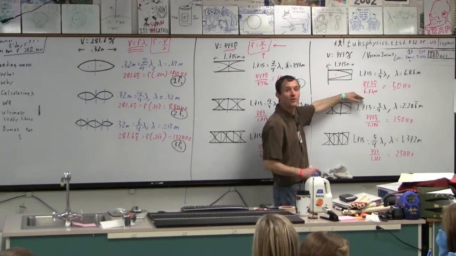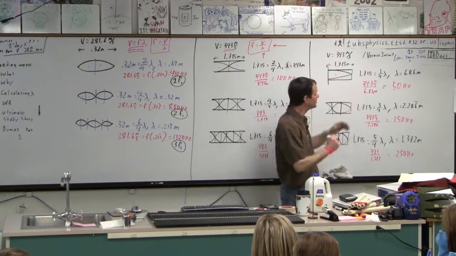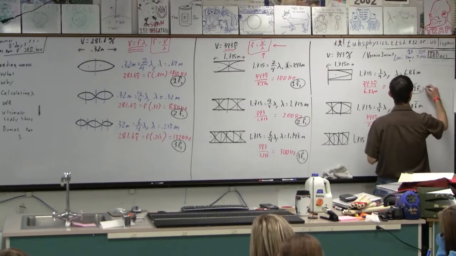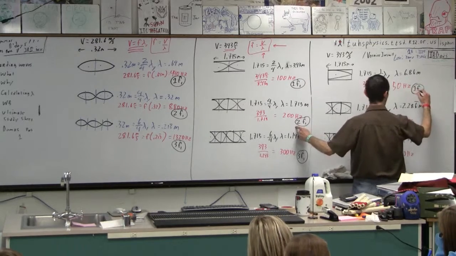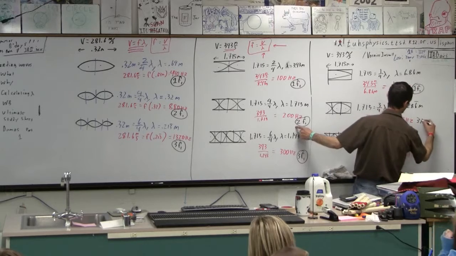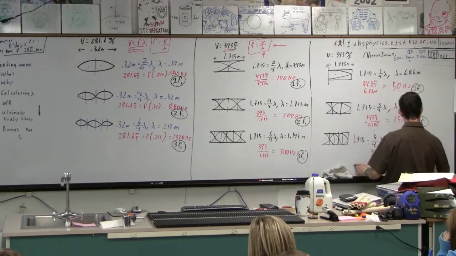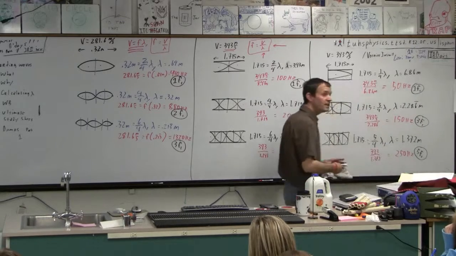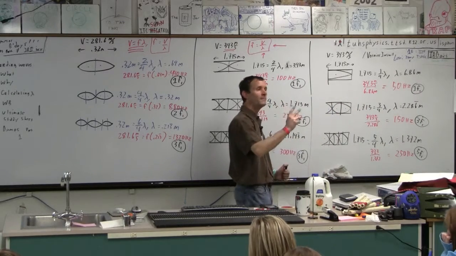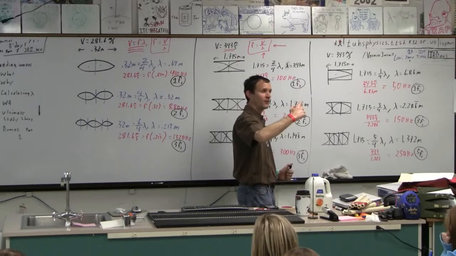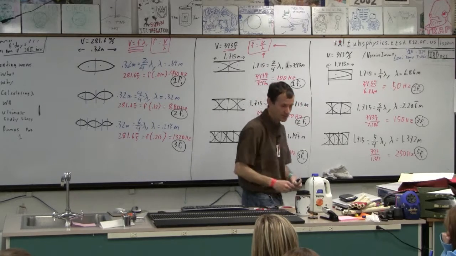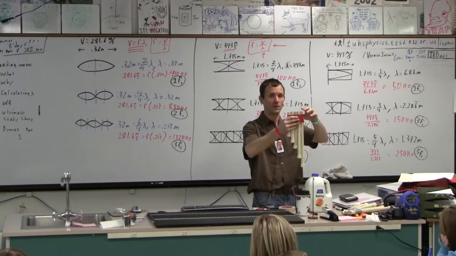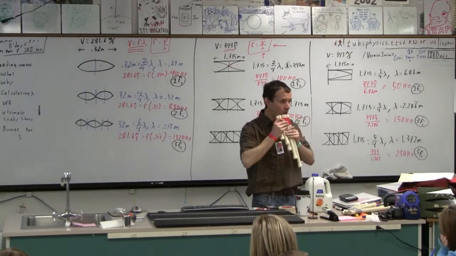Class. So the relationship now with this one is different. This one is 1F1, but the next one it plays is not the octave. It's not 2F1. The next one it plays is 3F1. And the next one it plays is 5F1. Okay? So what that means, if you recall, 2F1 is the octave, 3F1 is the fifth above that octave, right? So listen to this. This is one end fixed, one end open. Same geometry, right?